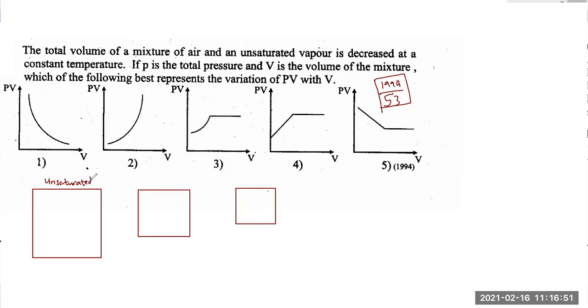But very, very important, remember, the temperature is not changed. The temperature is capital T. Here also the temperature is capital T. No change in temperature, right? Initially, the air is unsaturated, but as you reduce the volume, at one point the air will become saturated. Okay, why is that? Initially, here RH will be less than 100, and here RH will be 100.